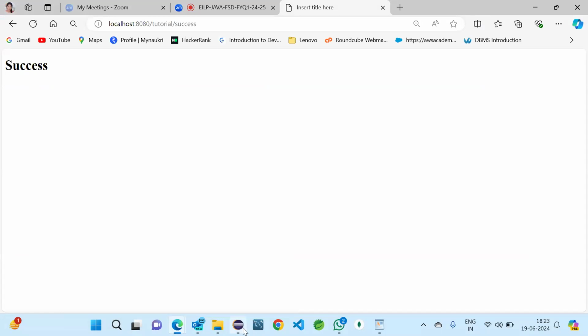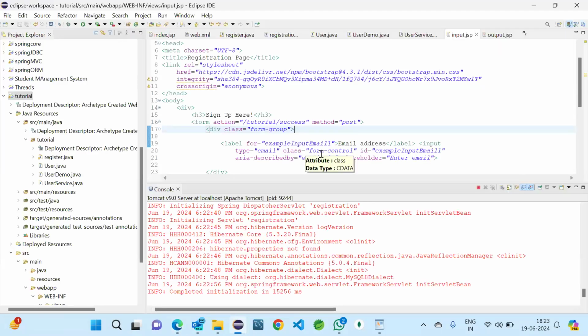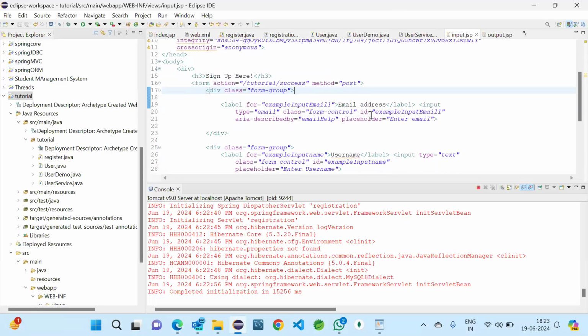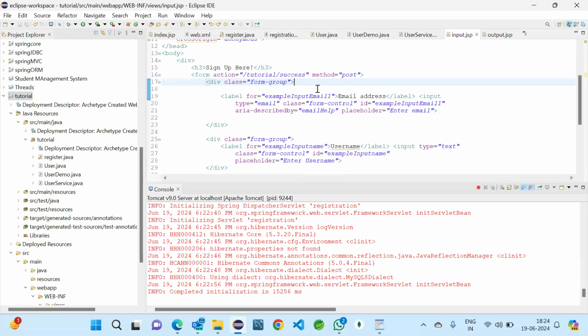So we will customize these two pages and we'll see whether we are getting the values or not. So one thing we need to do is like here, name is there now. Name, where is name? Oh, it is not taking any name.